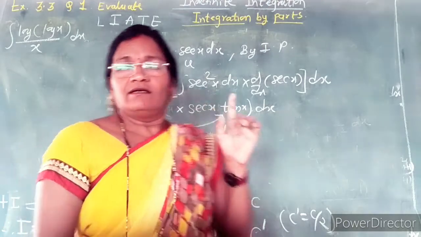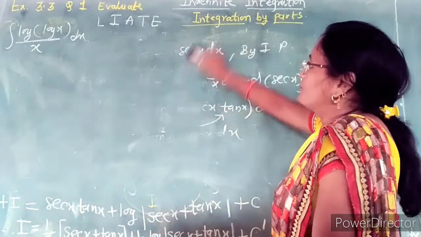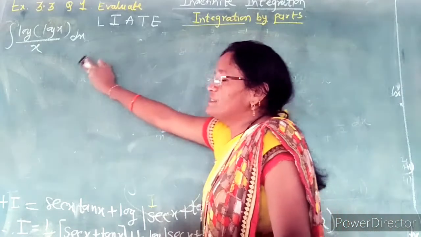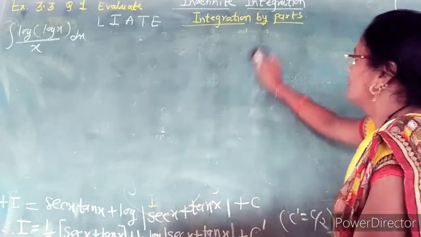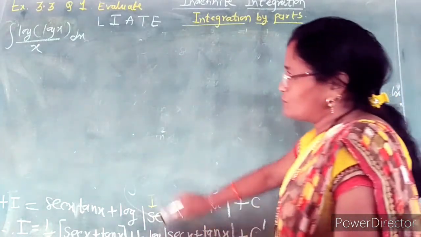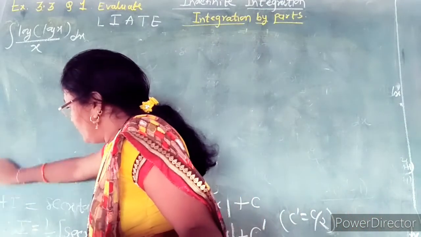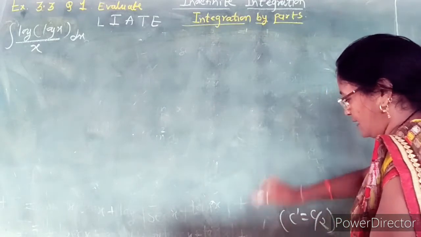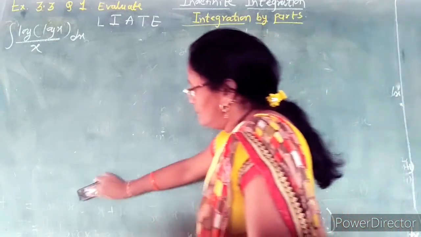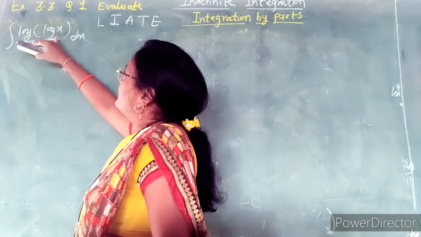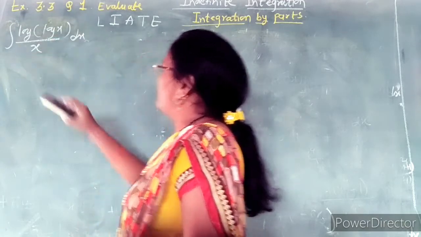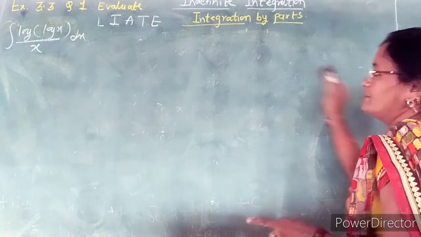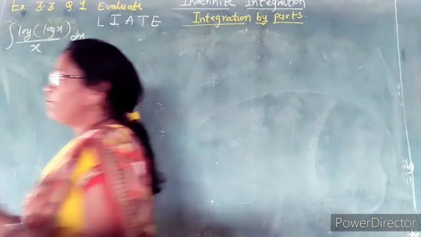You can find from this integral the function with its derivative. Already we took the first result of indefinite integration as integration by substitution. So there is the choice of the function with its derivative in the given integral. So here you know that you can take log x equal to t. So 1 upon x is its derivative. So first we take the substitution and then find integration by parts.